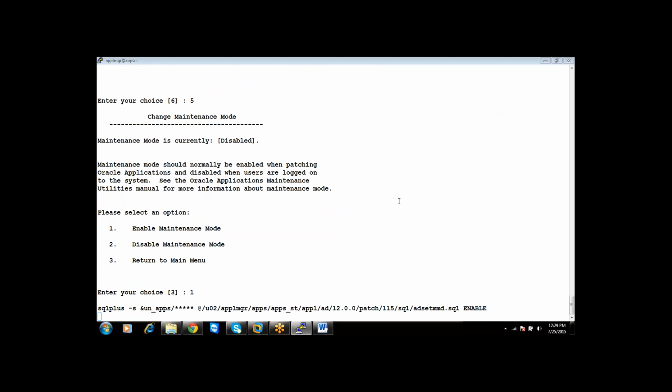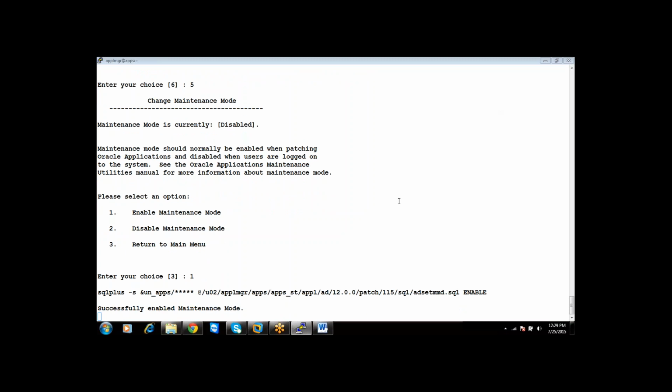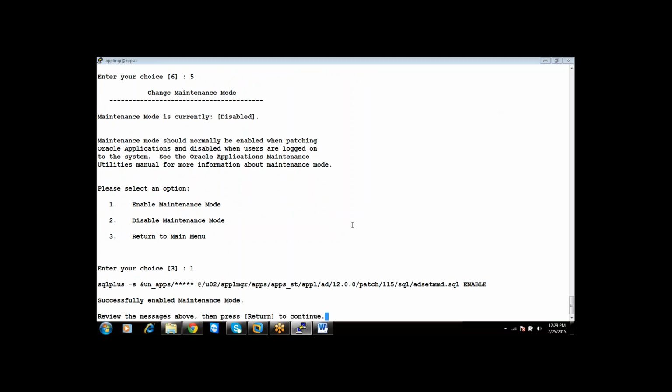Yes, Prakash, you're asking something. See, without starting the application, can we enable or disable the maintenance mode? The applications have to be down in order to enable or disable maintenance mode. So always the applications should be down. When applications are up and running, if you enable maintenance mode, what happens? Your applications will not work properly.